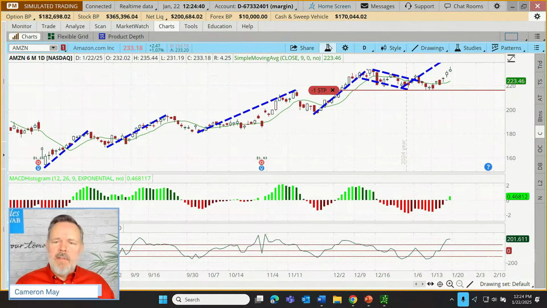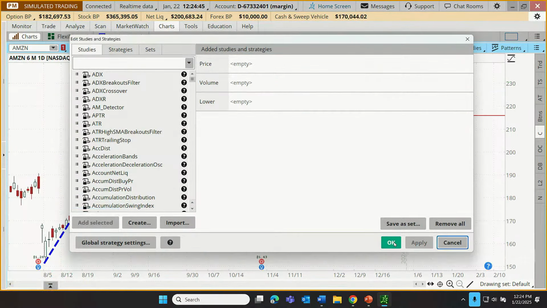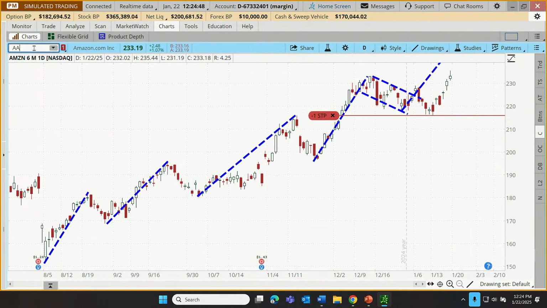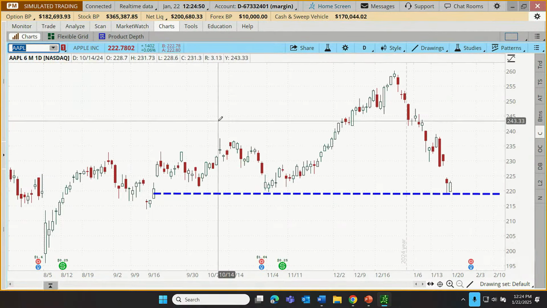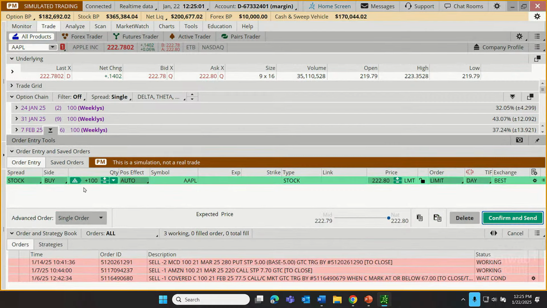So let me just clean up my charts here. Click there, click there, click there, click Apply, click OK. Maybe we'll go up to an uncluttered chart, Apple, so the focus is just on trading. Now, one thing that a trader might notice when we go to the trade tab and go to place a buy order for a stock, the default quantity is going to be 100 shares. That would be true for a buy order or a sell order. If we're doing an entry order for an option trade, the default quantity is going to be 10 contracts.